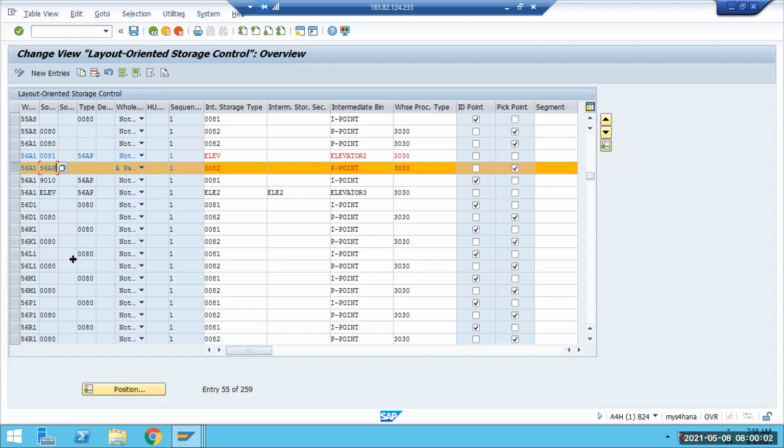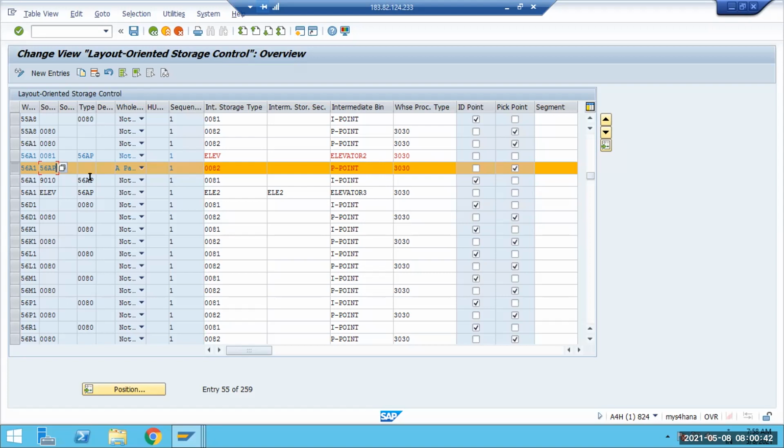The key point is again, the interim point will remain the same. The type and the configuration which you have shown remain exactly the same. But at the same time, this area will change, wherein warehouse number, then this is the source storage type, and here is the group. Here is the destination storage type, and here is the group. In case of inbound, the important part was this. If you see 56 AP, 56 AP, because I know that all the storage types relevant on the first floor from where I have to pick up have to remain the same for all LOSC entries.